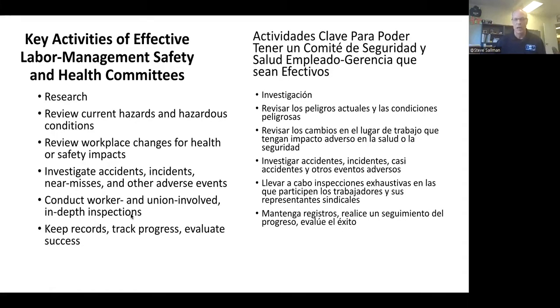And then keep records, document and document. Track your progress, look at action plans, evaluate your success, and most importantly, celebrate your wins. When you got the elevator fixed, and you had ideas from people that were there to help the union or the workers, celebrate that success. At first, it might have just been greasing the door, but we talked about the injuries when people were pulling the door down and ultimately how that made leverage to get the elevator replaced. Take credit for that. Don't let the employer take credit for what the union or the workers were able to accomplish.